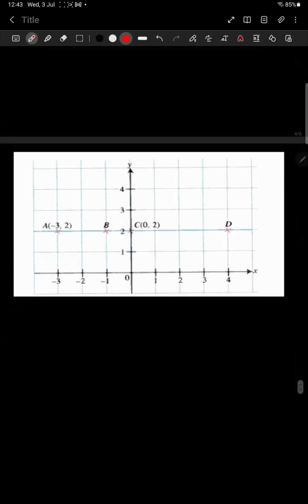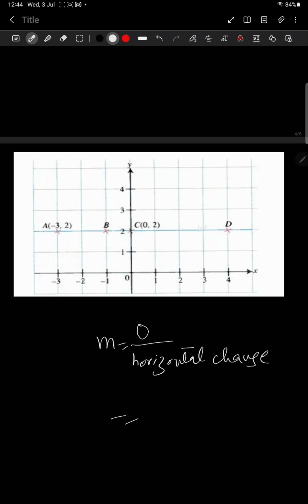In this line, this is a horizontal line. To find the value of m over here, m is equal to change in y over change in x. We can see that the change in y is 0 because the value of y everywhere is 2. At any point on the line, the line is horizontal, so the value of y everywhere is 2. So there is no change in y, so the change in y is 0, over the horizontal change in x. Now the value of m must be 0. So whenever there is a horizontal line, the gradient must be 0.